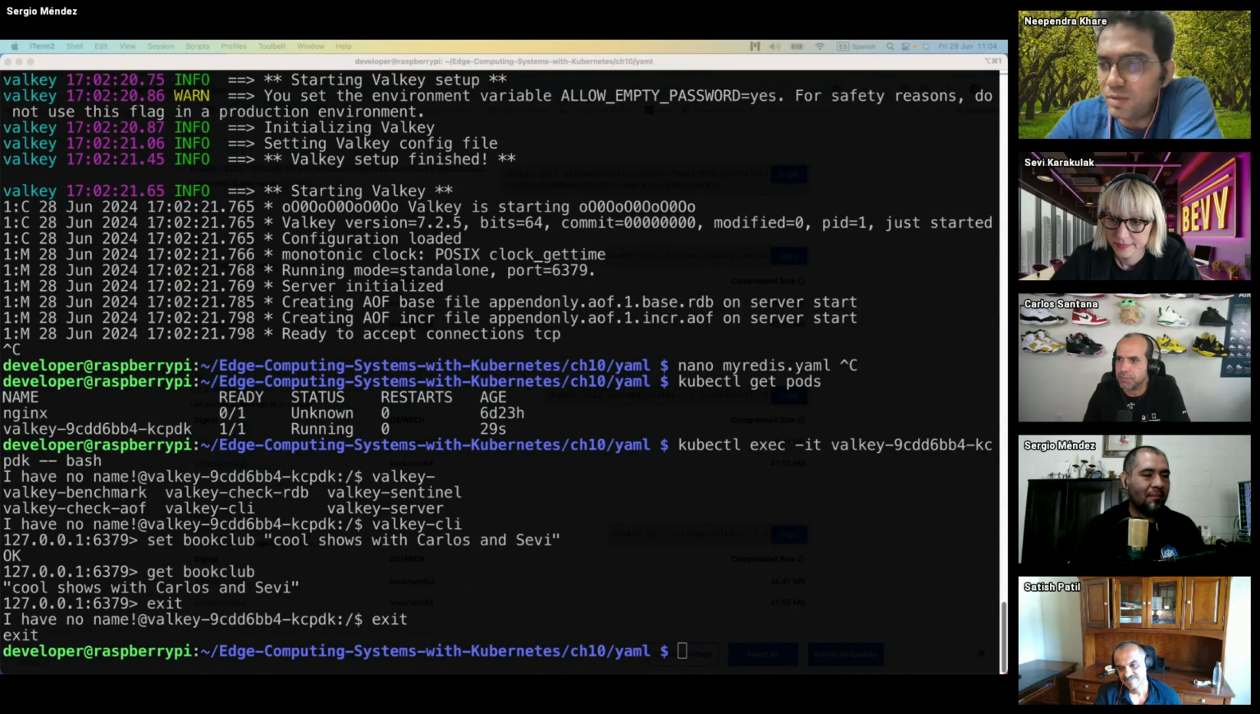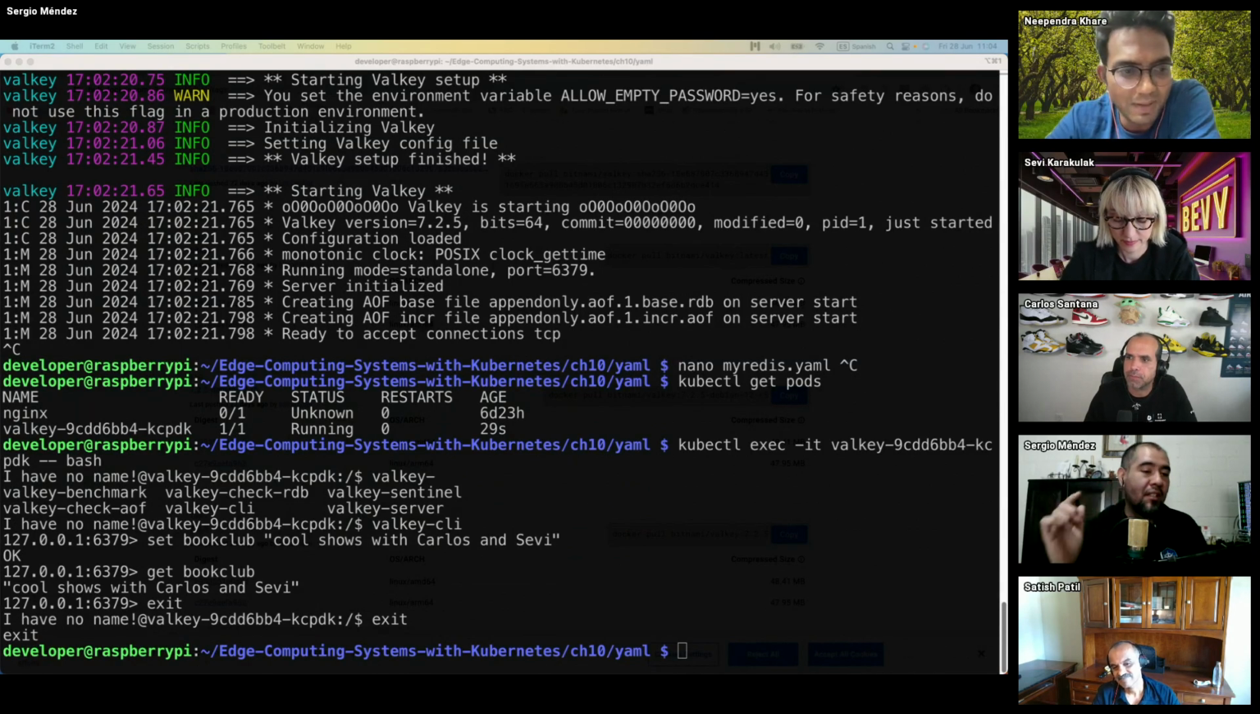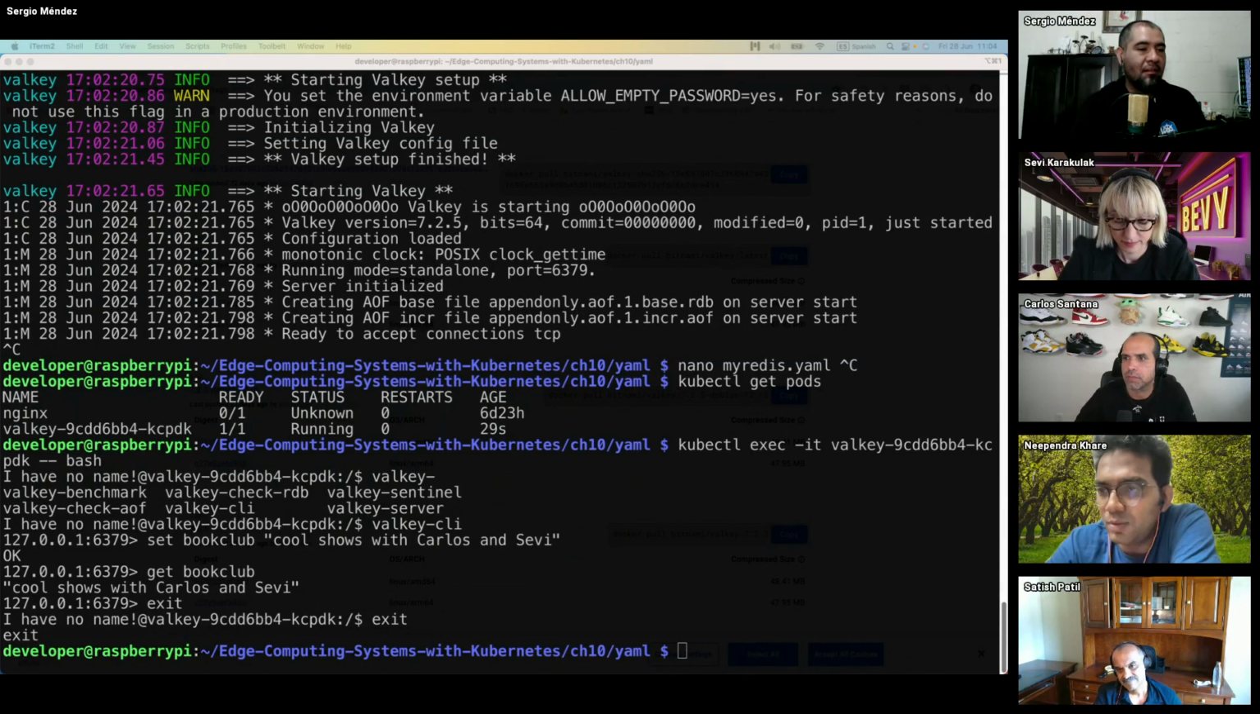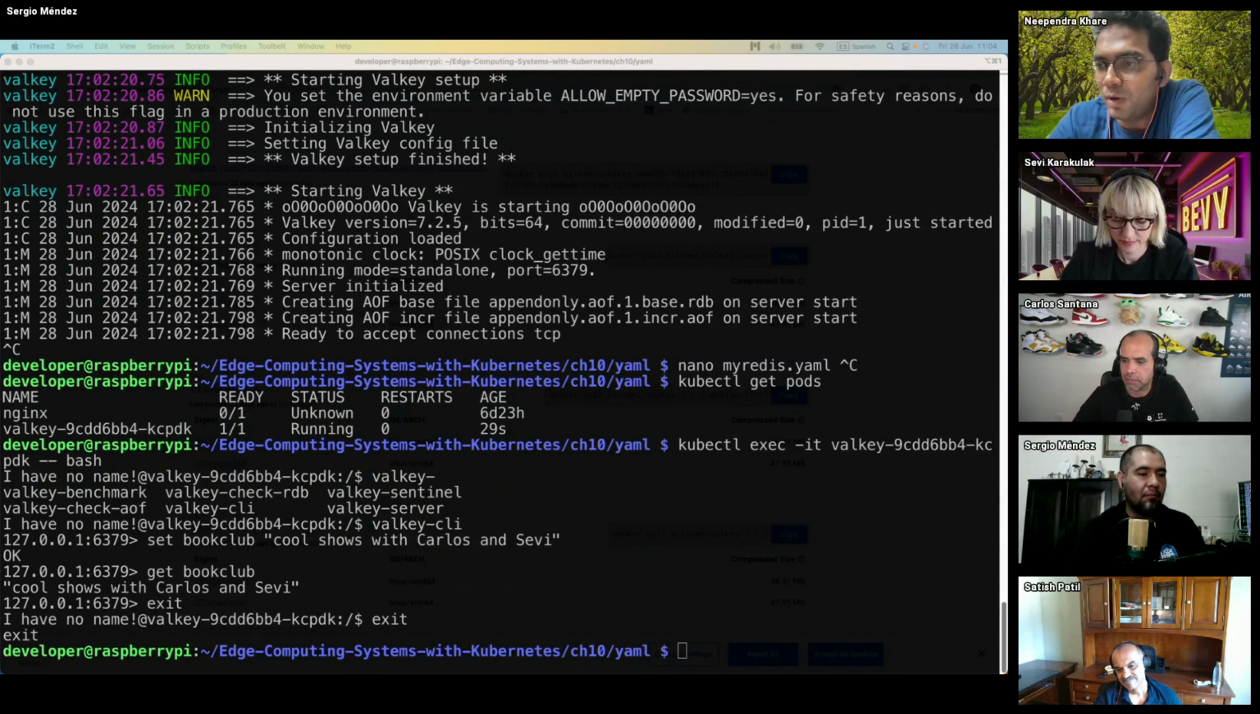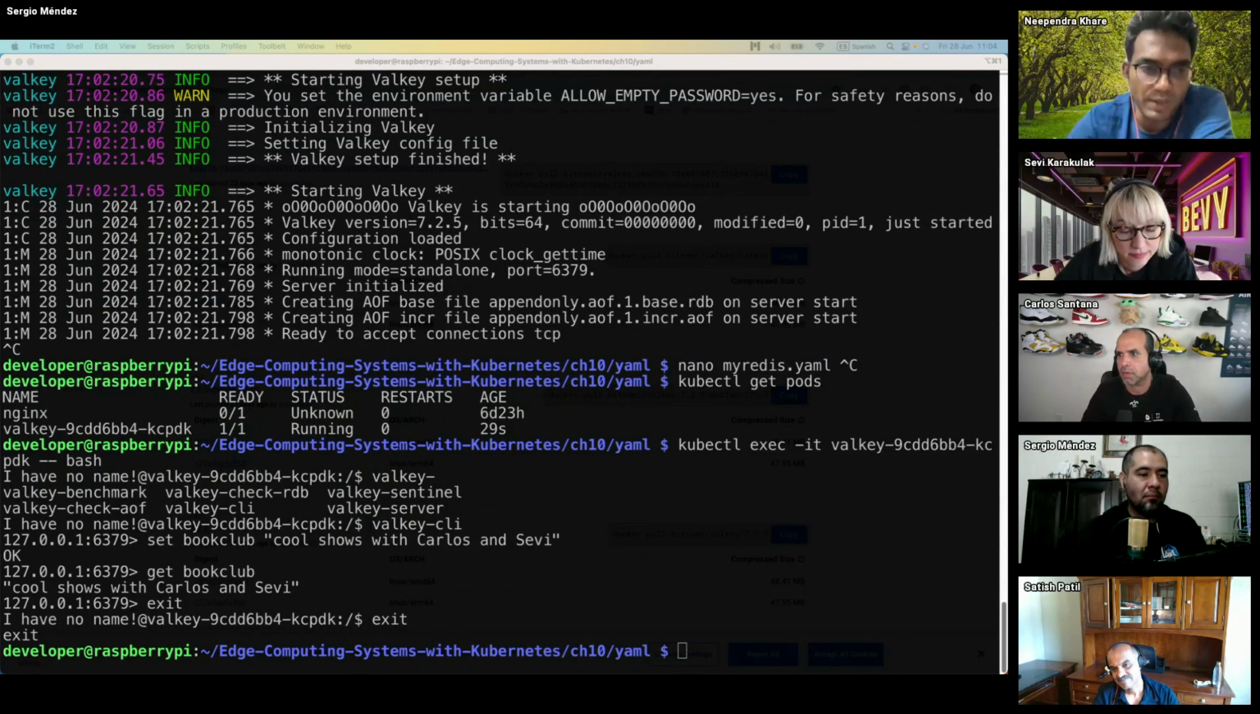Quick question though. Of course, on the edge we would need persistence, right? Yes, yes. You can use Longhorn or OpenEBS with some storage there. And then how do we manage